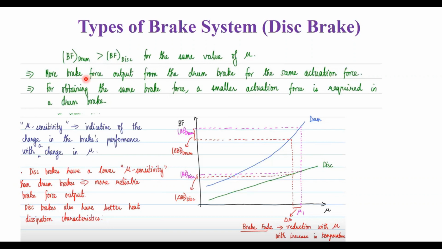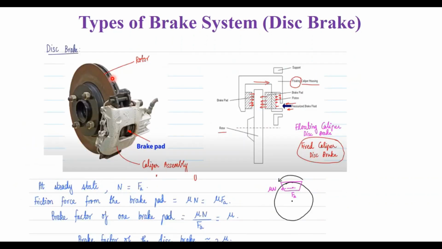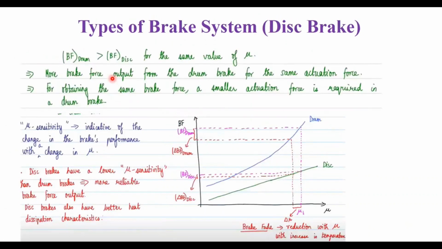Which means you get more brake force output from the drum brake for the same actuation force. And for obtaining the same brake force, a small actuation force is required in the case of the drum. This is the meaning, basically. In the case of the disc brake, you need more actuation force. In the case of the drum brake, it is required less. For the same actuation force, we also get more brake output force in the case of the drum brake. So these two are the takeaways for this statement, where the brake factor BF is higher for a drum brake than that of the disc brake